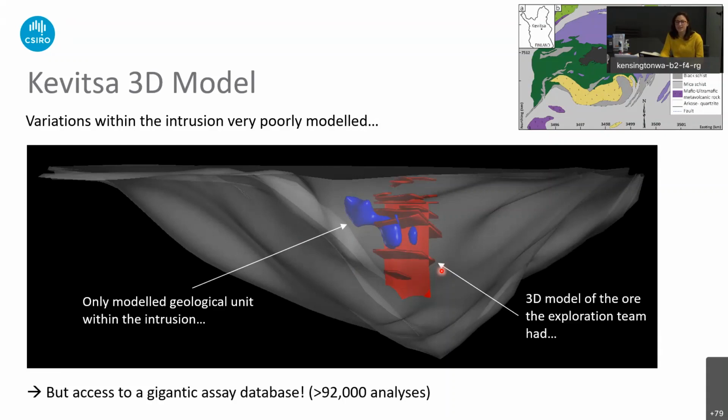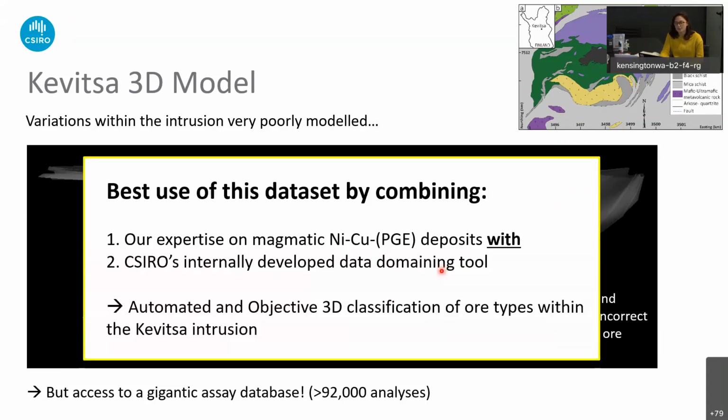But they also had access to a gigantic assay database of over 92,000 analyses, and a lot of them had the full suite of PGEs, which is quite incredible. The GTK did a lot of work at that time. And so we decided to try and use that data set and combine our internal expertise on magmatic nickel copper PGE systems. So Steve Barnes and I worked on that,